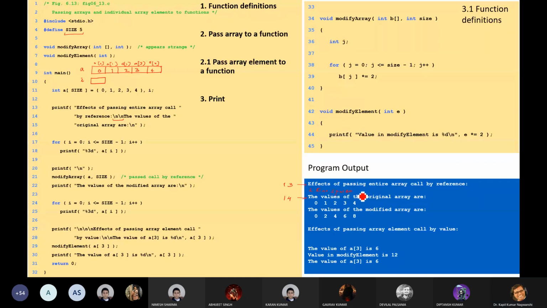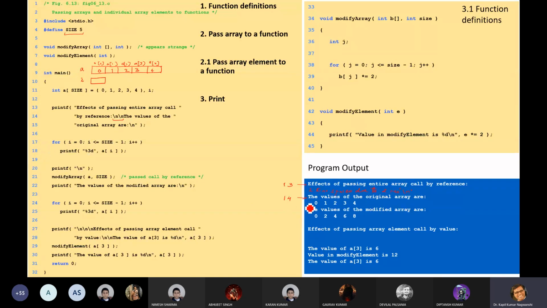Now what will it display for line number 17? And this is the original array, the value of the original array given like this.